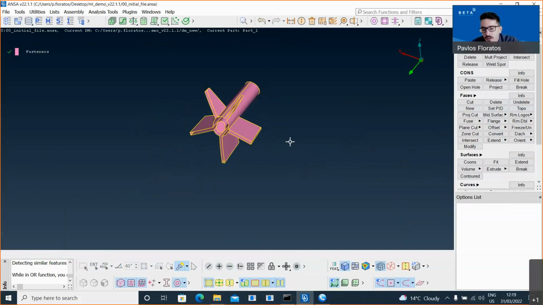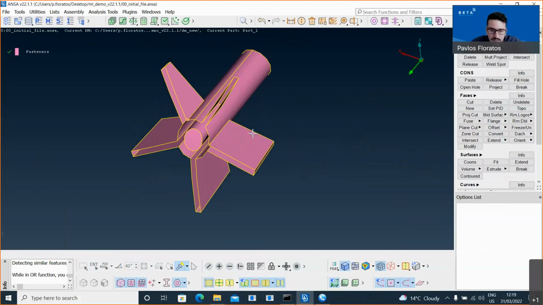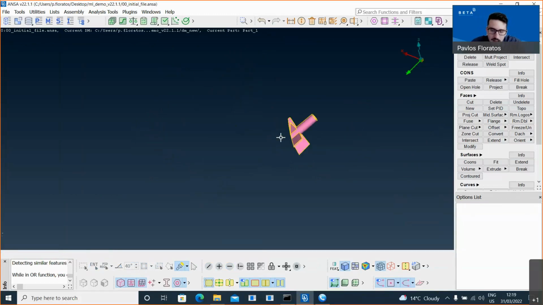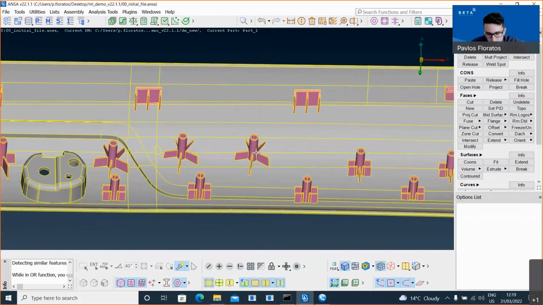The issue with this approach is that when casting runs on an open volume, there are cases where it does not make a good result. So there is a chance that in this area here, we will not get a good result. Of course, someone could go and fill it manually at the geometry level, but this is generally a time-consuming process. So we think that the best and the fastest way to build this FE representation is through casting.